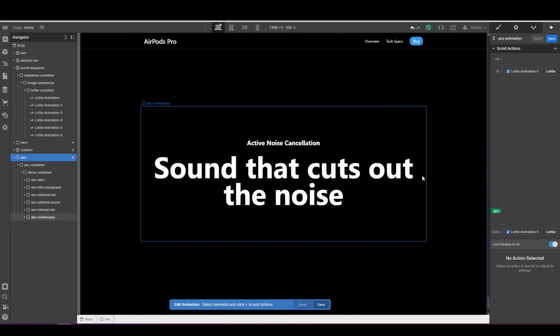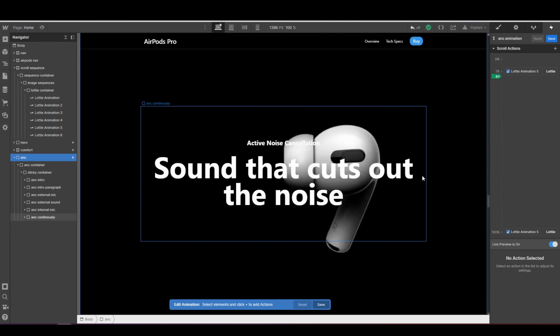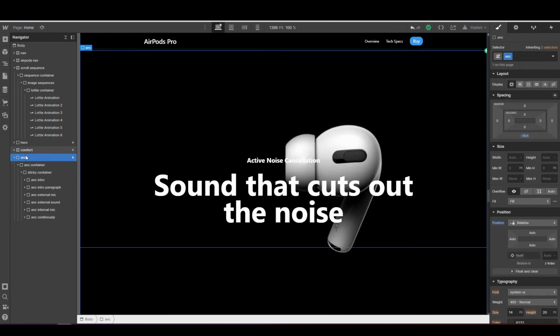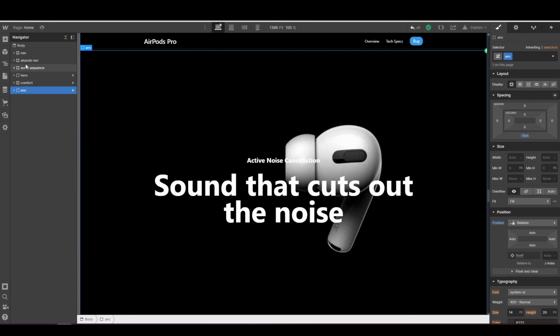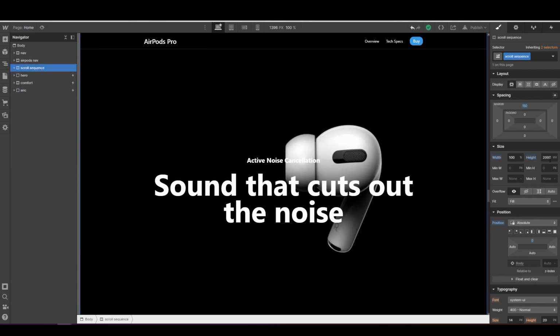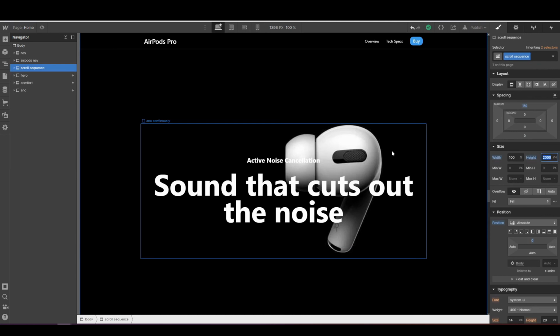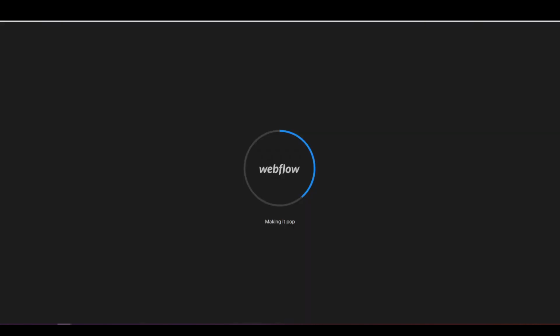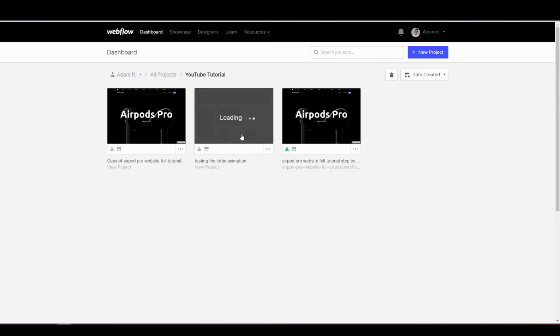So why is it going up? Because the height is not enough. As I told you before, the height of this scroll sequence, I put it 2,000, but I told you the height must be the full height of the website, as I showed you in this example here. If I go back to that example here,